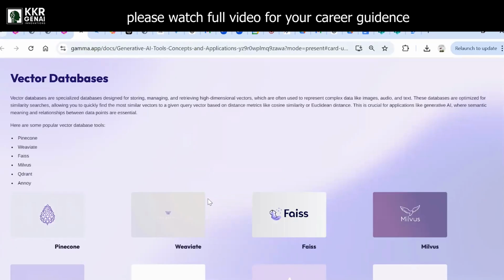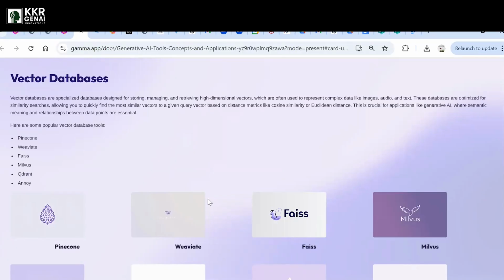These are high dimensional vectors. You can consider a matrix of 3 by 3, 9 by 9, as we'll see, or 1500 by 1500 shapes, or 3000 by 3000 matrix shapes. These are more and more complex matrix patterns that are used to create these embeddings. Those embeddings can be stored only in specified databases. It's not like SQL or MongoDB, where we can store those embeddings. So to store these embeddings, we have specialized vector databases in the market.